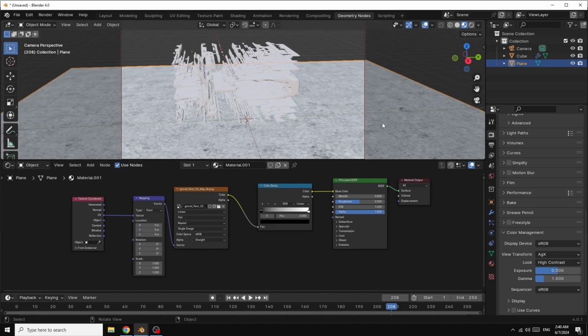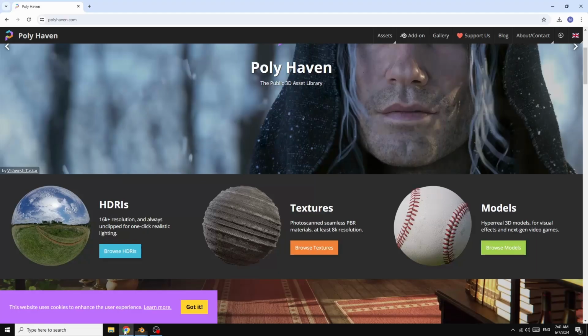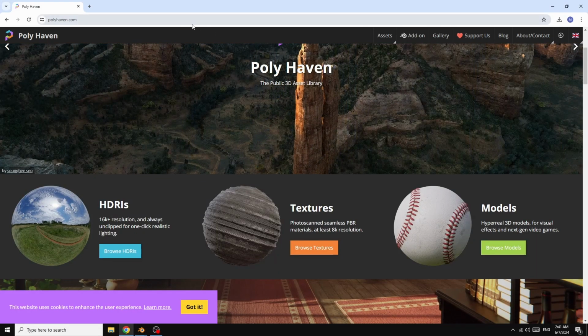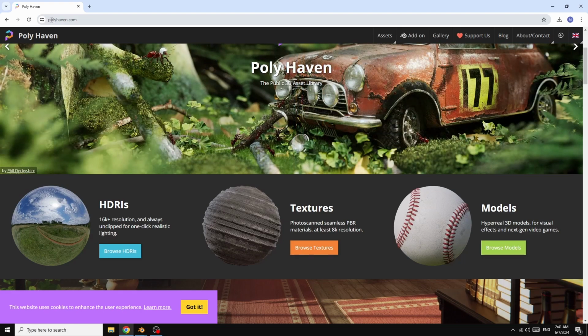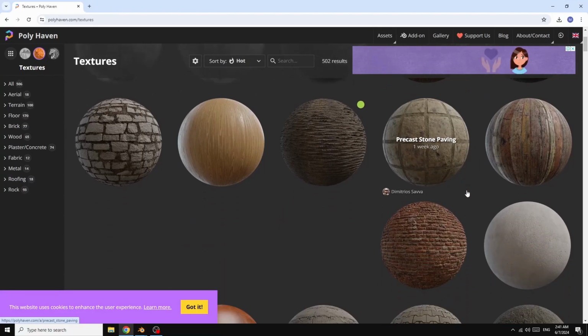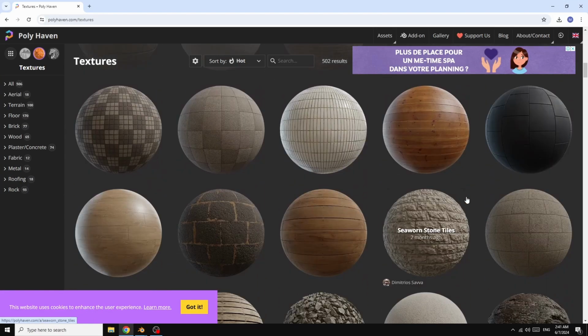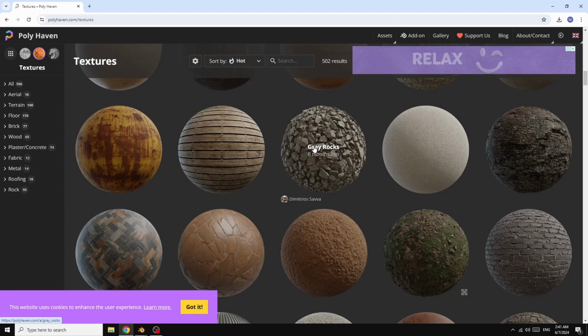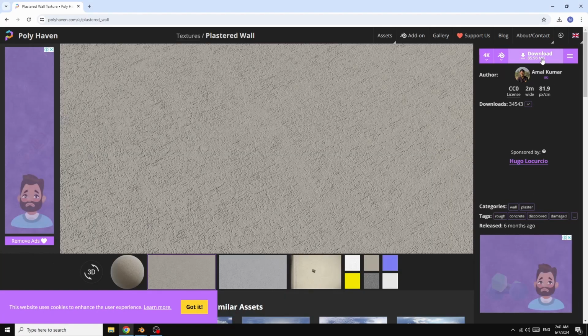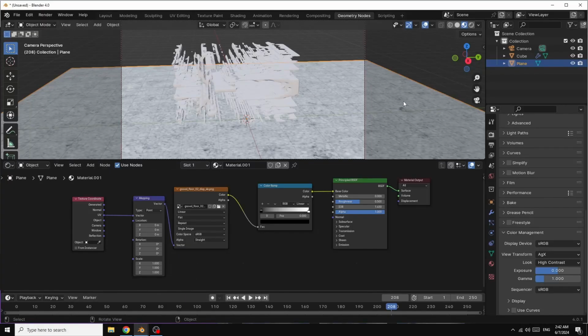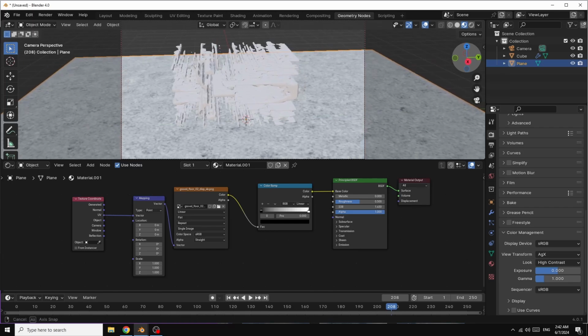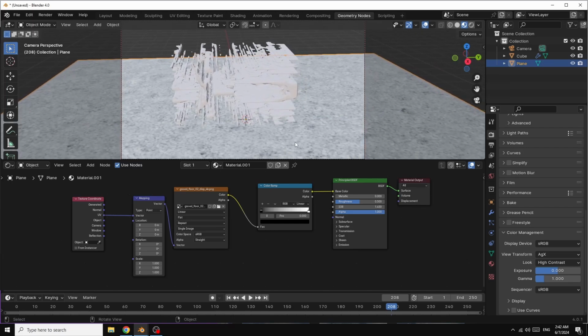If you want to download this texture, go in your browser and go to polyhaven.com, and here select texture and select any texture you want, any texture. Click download, and here you can download it. Now go back to your project.